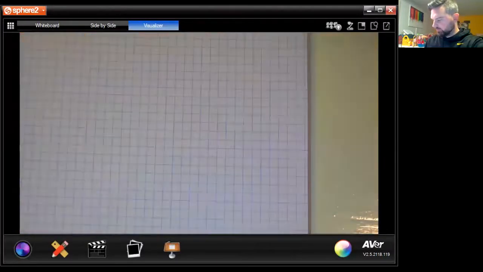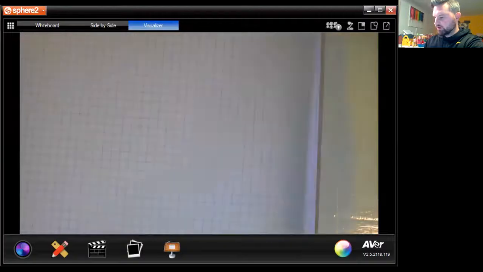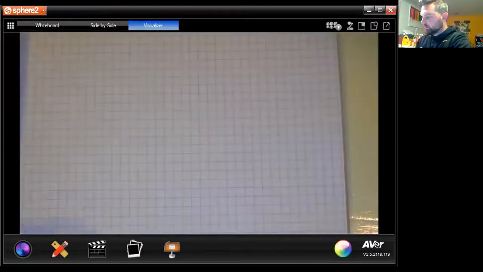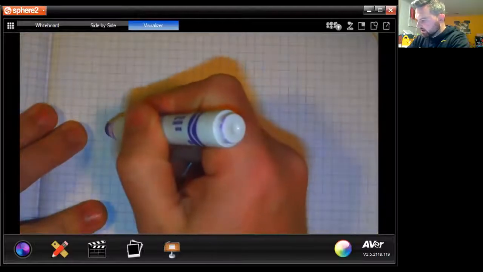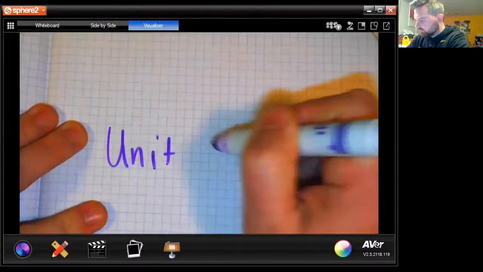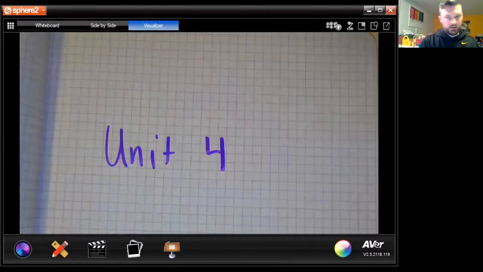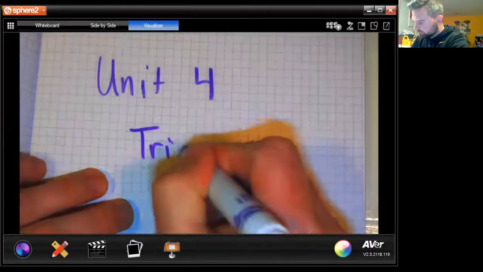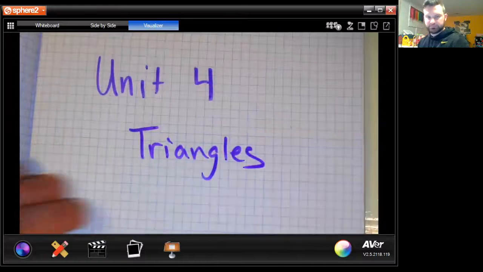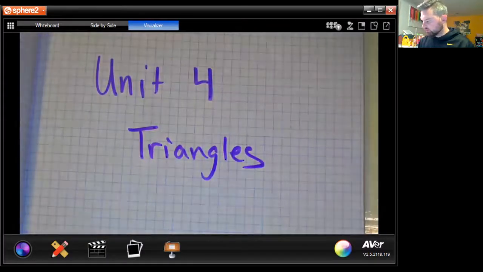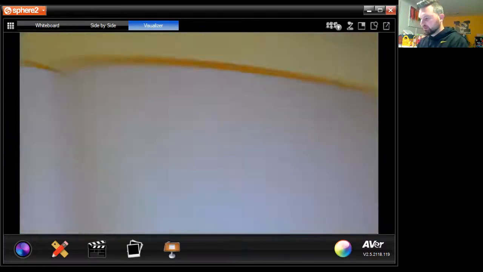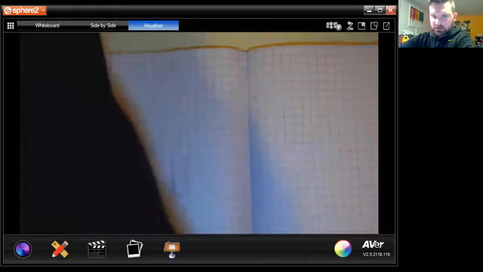Okay, page 46 and 47 we're leaving for the Unit 3 review. So on page 49, we'll title page 49 Unit 4, and we're going to just label it triangles. Okay, Unit 4 triangles. That's on page 49. On page 50, we're going to look at our learning targets,